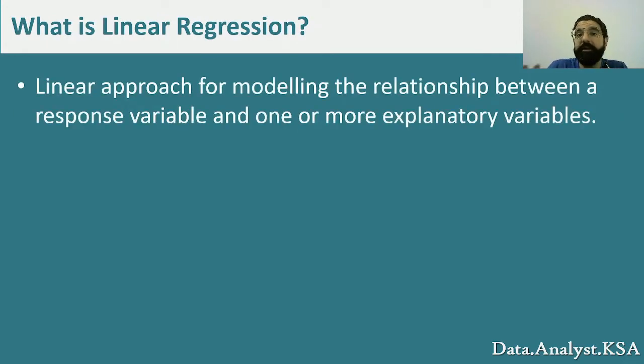So what is linear regression? Linear regression is an approach of modeling data with a linear model. If we have data that has an outcome variable and one or several independent covariates, we are trying to build a linear relationship between the outcome variable and the covariates, or the covariate of interest.